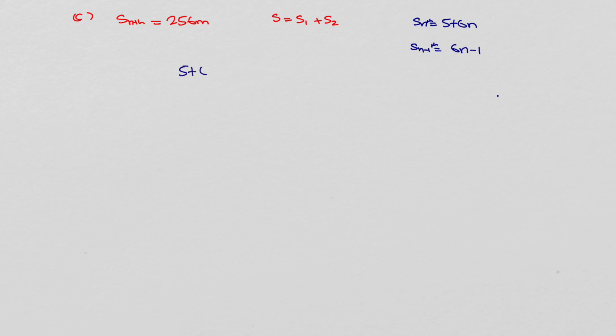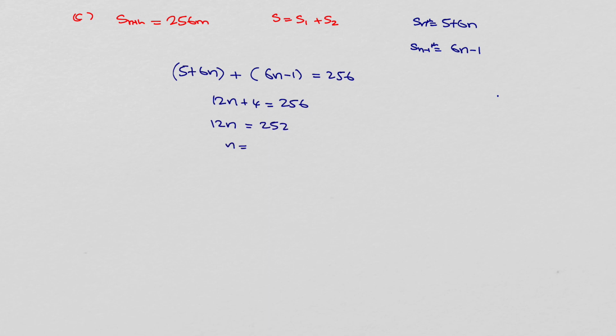Then that's 5 plus 6n plus 6n minus 1 equals 256. So we have 12n plus 4 is equal to 256, and 12n is equal to 252, which means that n is equal to 21. So in other words, the 21st second